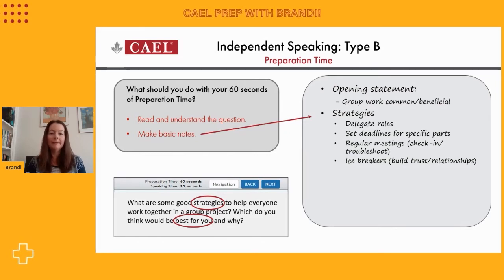job to do. The second strategy listed here is all about deadlines. So it makes sense then to set several deadlines and make sure that parts of the project are being completed in a particular order and that you hit the main deadline. It's not turned in late, so to speak. The third strategy is all about having meetings. So checking in and sharing information with one another, and then also taking an opportunity to troubleshoot. So if there are problems, this would be a good time to address them before you finish the